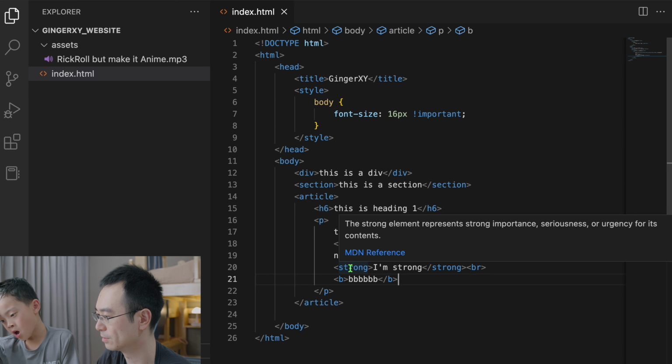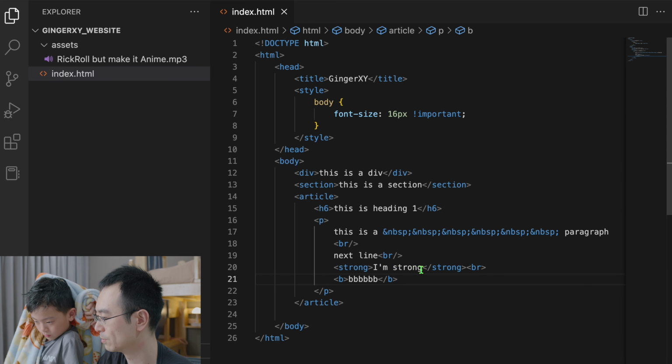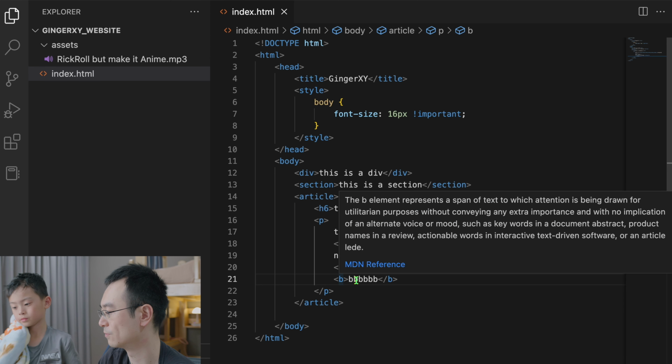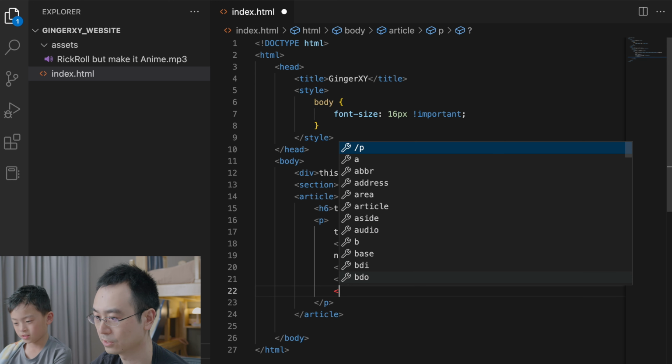If Google, the search engine AI, reads the strong, it will think this is a very important sentence. But if it reads it as a B, it will think, oh, it's just for displaying purposes. There's no semantic reason for this. Okay. Next we have